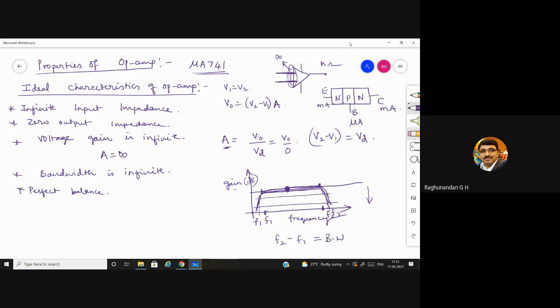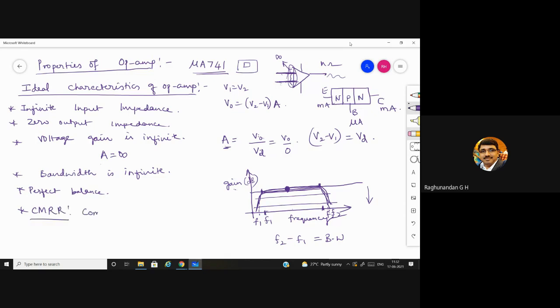So in the ideal case, when the same voltage is applied to both the terminals, the output will be 0. But practically, even though you give V1, V2 the same values, and the power supply display shows the same values, there will be some mismatch between V1 and V2. Because of that, there will be some amount of output flowing. That we call the output offset voltage, which we will discuss later. Okay, so perfect balance means when equal voltages are applied to the input terminals of the op amp, the output voltage is 0.